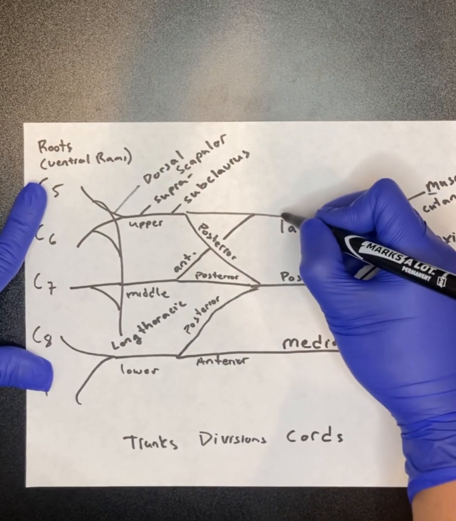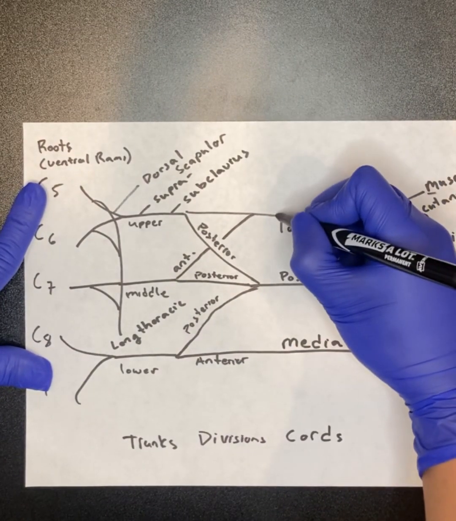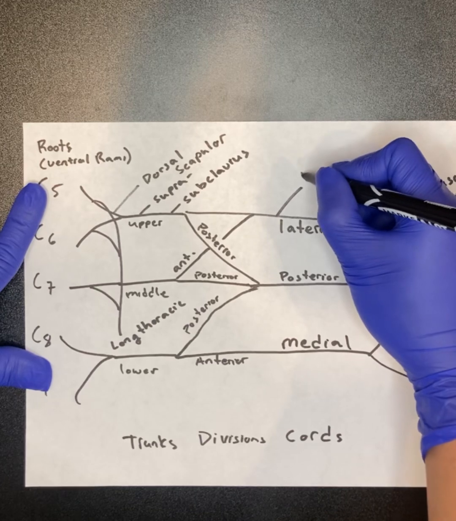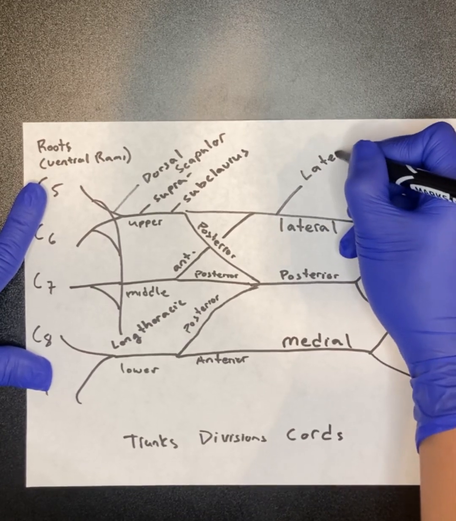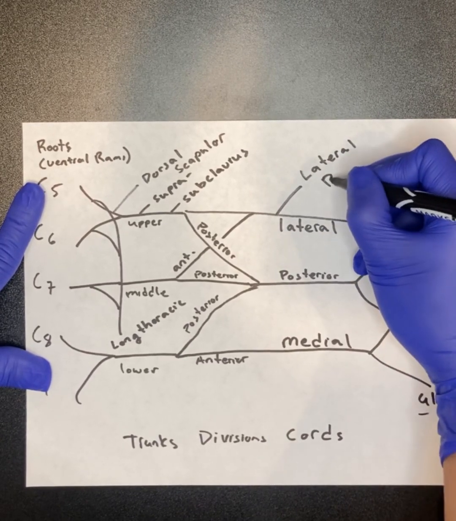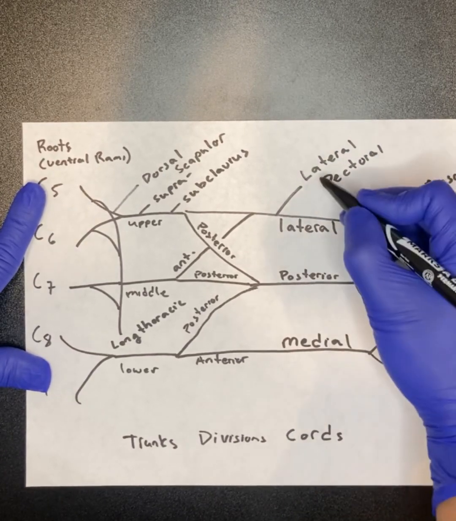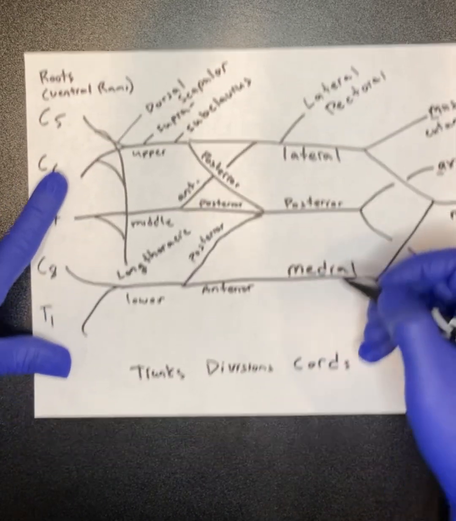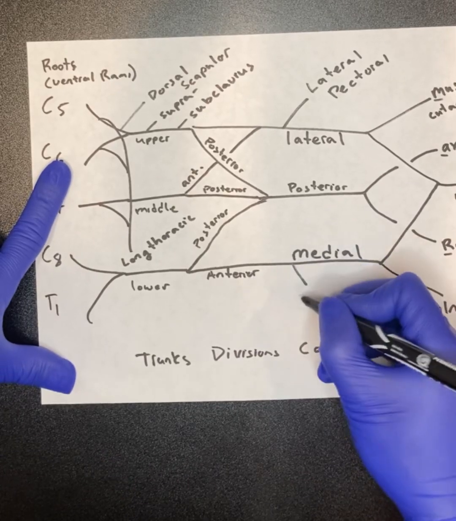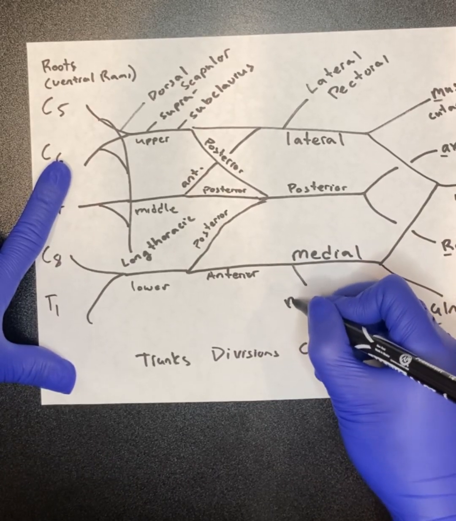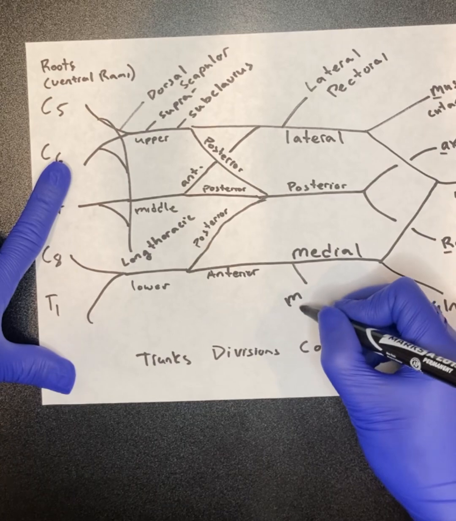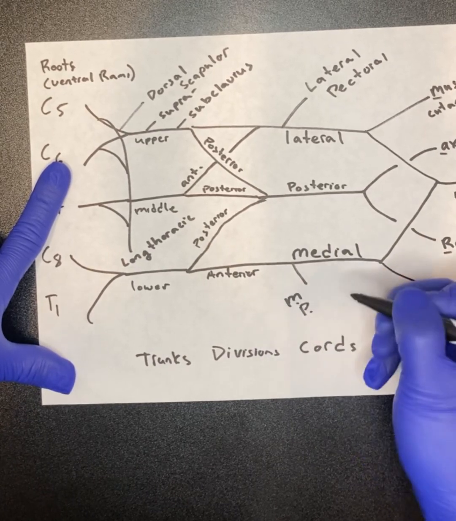Here from the lateral cord, you'll get one lateral pectoral nerve. So if there's a lateral, there must be a medial, but I'll just abbreviate as MP, medial pectoral nerve,